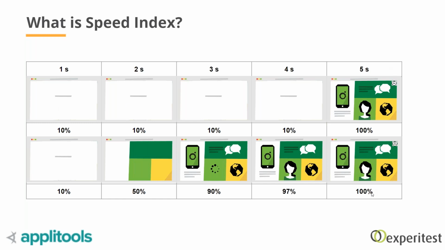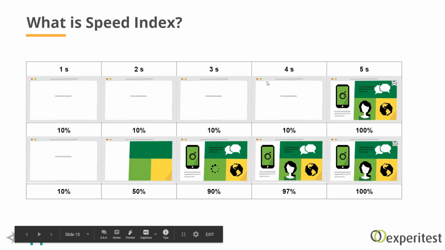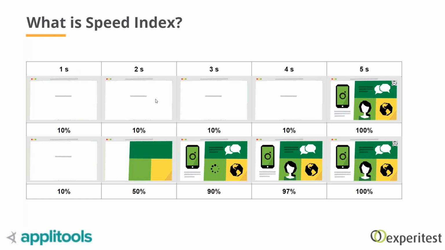Both of them are loading in 5 seconds. So on the top, you can see that during the first 4 seconds, the page is not being loaded, and I can see only 10% of the content. And then in the last second, all of the content appears to the user,